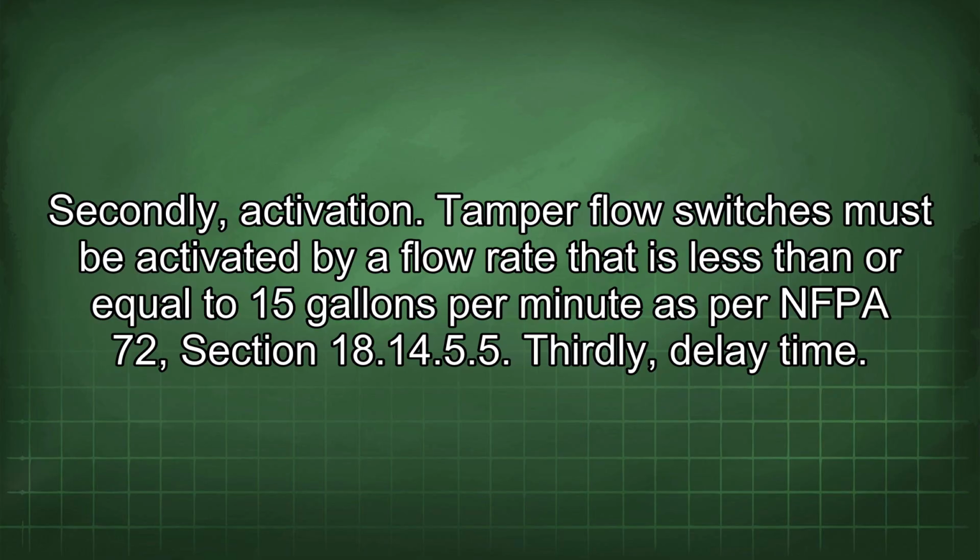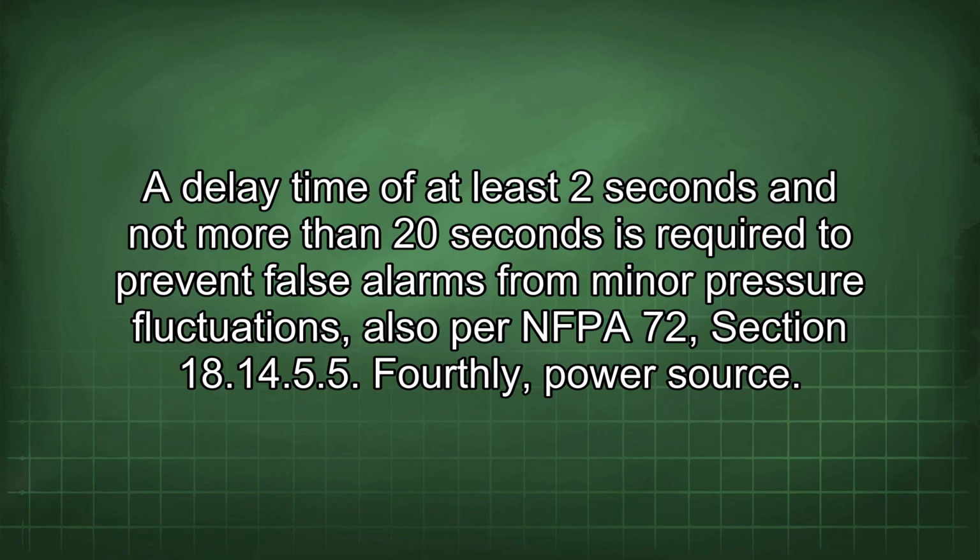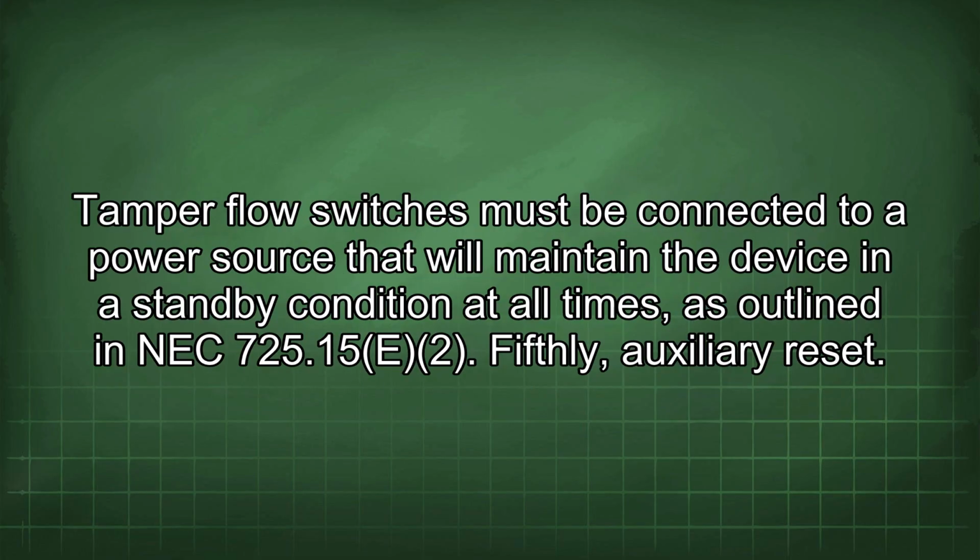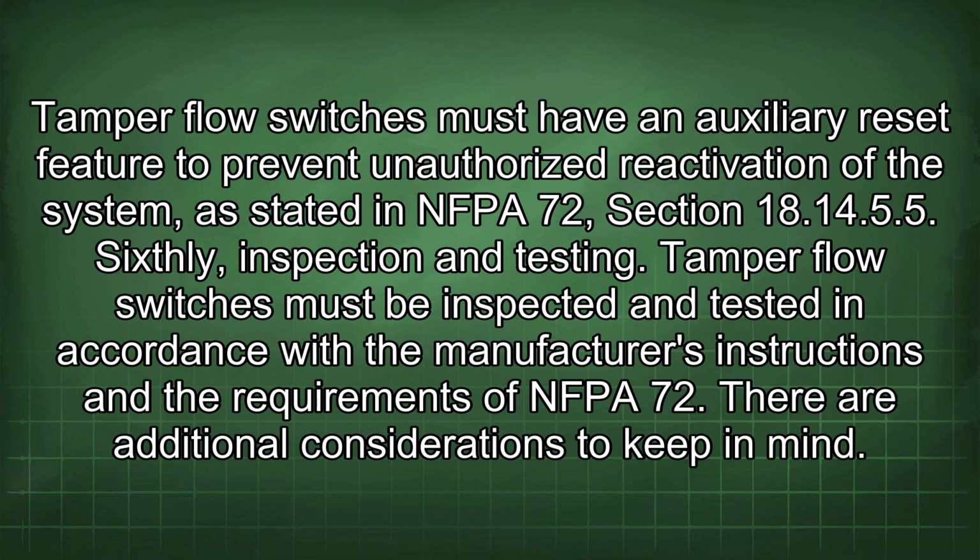15 gallons per minute as per NFPA 72, Section 18.14.5.5. Thirdly, delay time. A delay time of at least 2 seconds and not more than 20 seconds is required to prevent false alarms from minor pressure fluctuations, also per NFPA 72, Section 18.14.5.5. Fourthly, power source. Tamper flow switches must be connected to a power source that will maintain the device in a standby condition at all times, as outlined in NEC 725.15. Fifthly, auxiliary reset. Tamper flow switches must have an auxiliary reset feature to prevent unauthorized reactivation of the system,